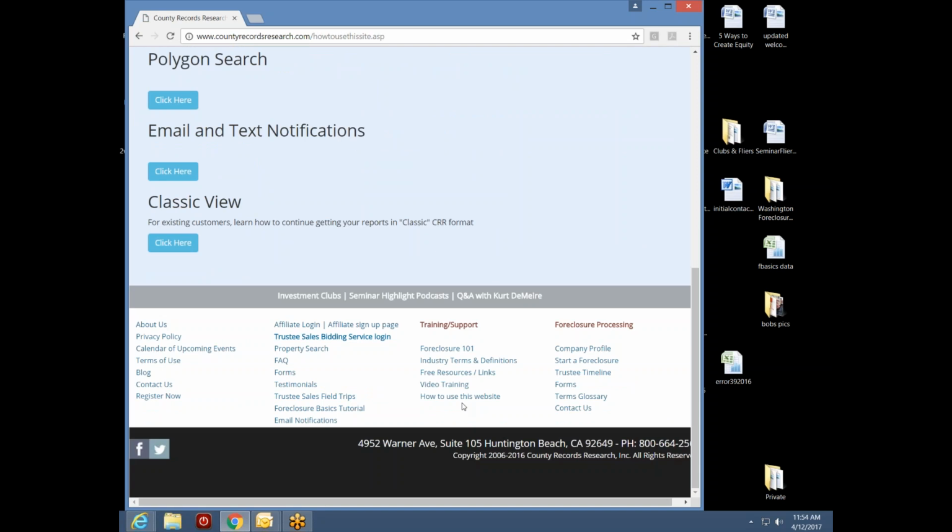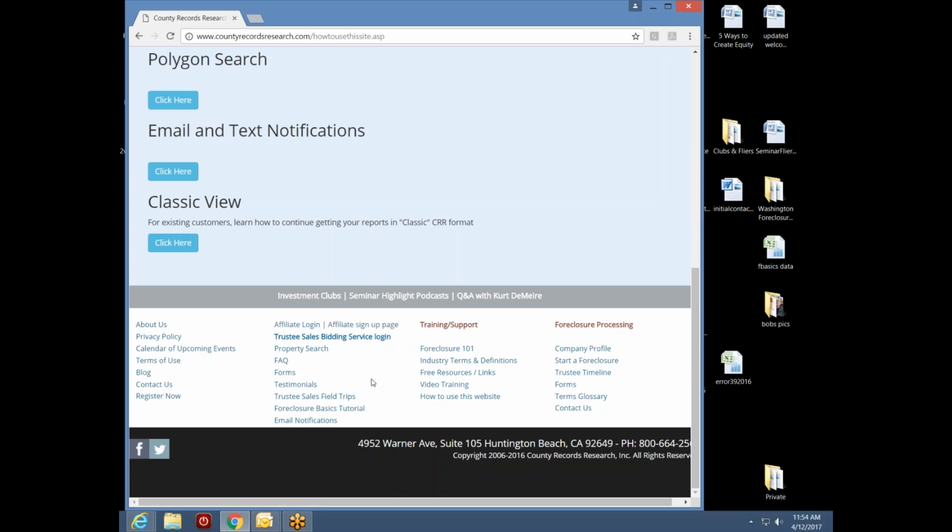Now, going further to the left, we have another group of links that you can go to. Our affiliate login page is a really good source for anyone who has a club out there that has yet to partner with us. If you have a club or you're an entrepreneur and you want to promote County Records Research, our affiliate sign-up page is a great way to get started with that.